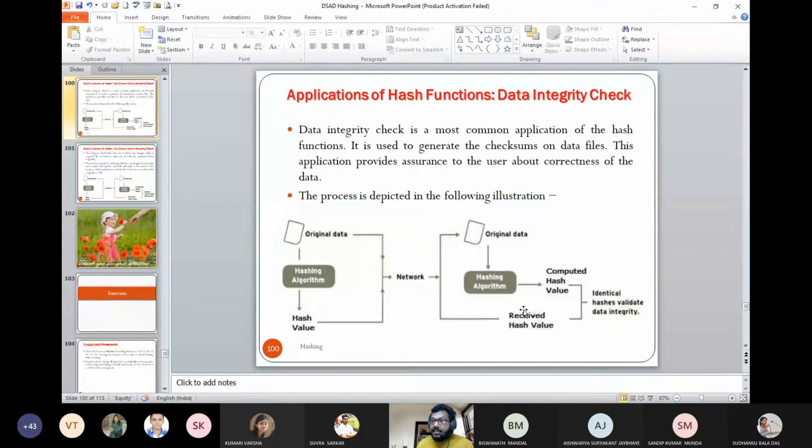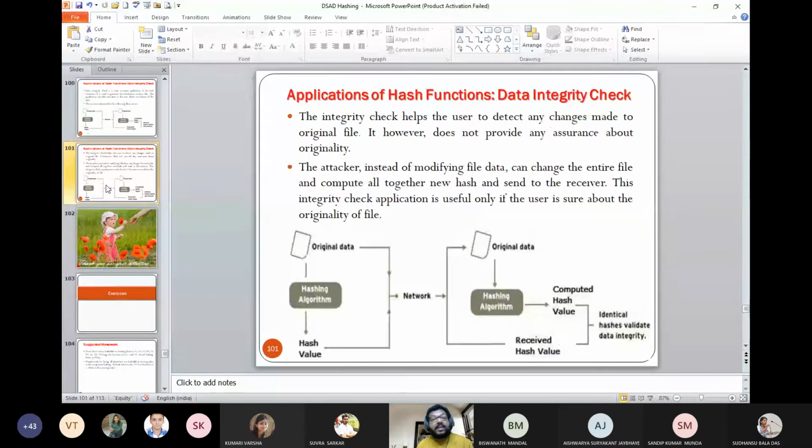If the hash values match, then you can say it is not affected by any intruder, and there is no effect on the data. So this is how we check. There are two applications: one is your password, and second is your data integrity check.